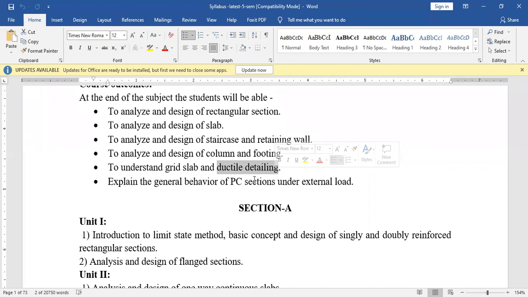Ductile criteria means that for any kind of structure, when an earthquake occurs, the building should not collapse suddenly. We basically do not want the building to collapse, but at least it should not collapse suddenly. So there has to be certain reinforcement criteria. If you follow that, the building will not collapse easily, or it will have certain deformation but may not collapse totally. So this total part consists of ductility. This is called ductility.